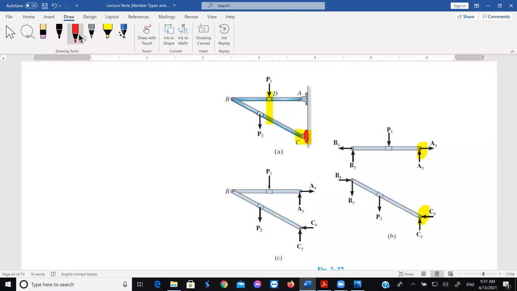But with a hinge here and a hinge there, this is not collapsible. That means it's stable now, statically stable. And at the same time, if you just go with the analysis, number of reactions and number of members, you will see that it's still statically determinate.